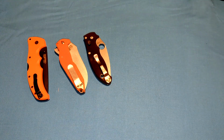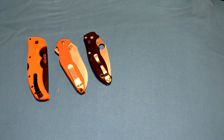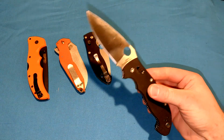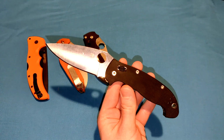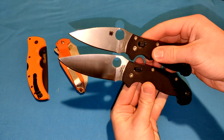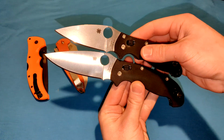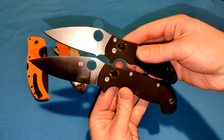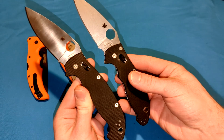Now, speaking of the Mannix, I really was trying to decide for a long time which one I wanted to put into the top 5. So I'm going to cheat. I'm going to add in another knife, a bonus top 5 knife. So technically that makes it top 6, whatever. The Mannix XL. Pretty much the exact same knife, except it's bigger. You can see a little bit longer cutting edge right there. Just I think about an inch longer perhaps, and maybe half an inch longer handle. I don't know the exact specs offhand, but everything else is pretty much